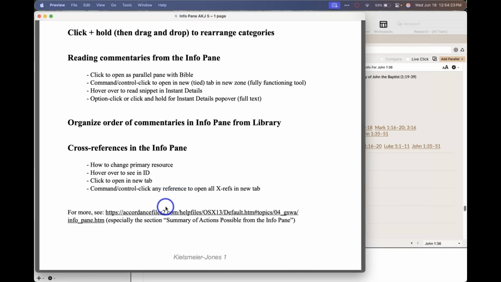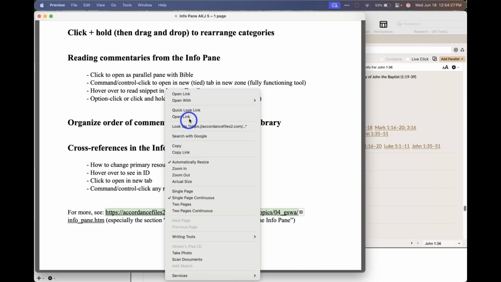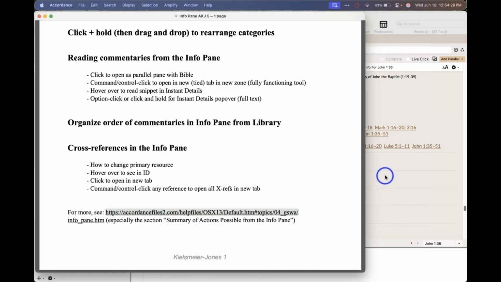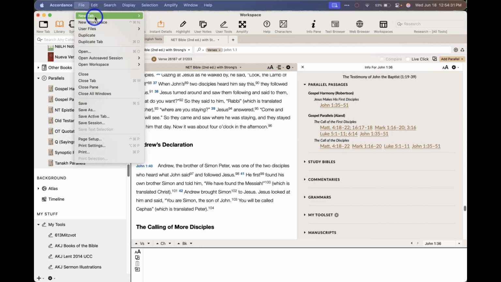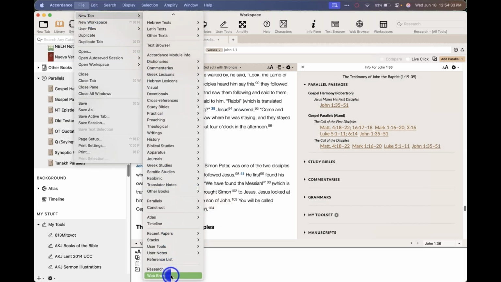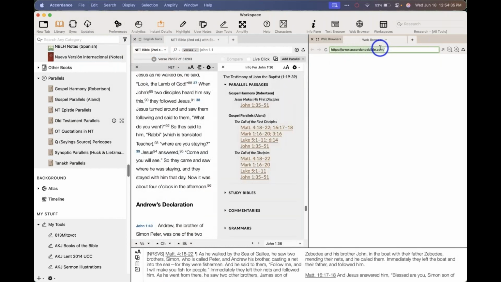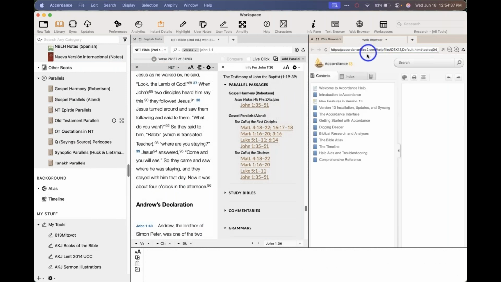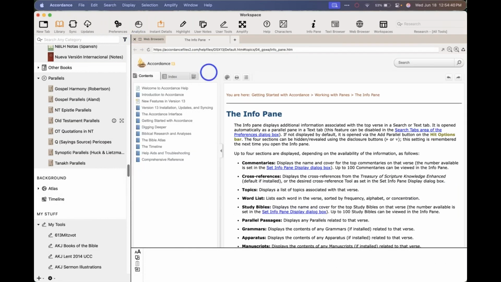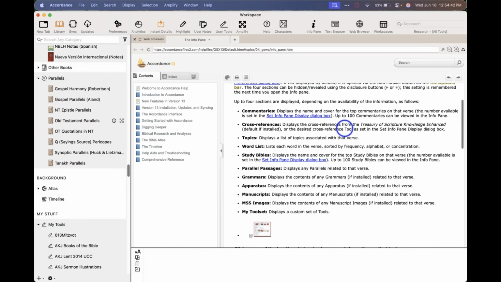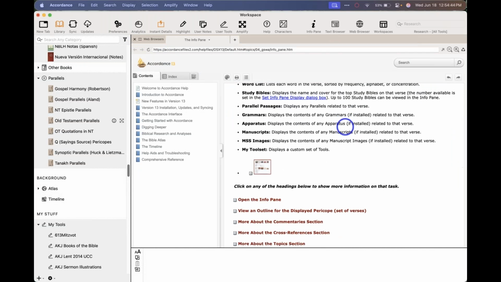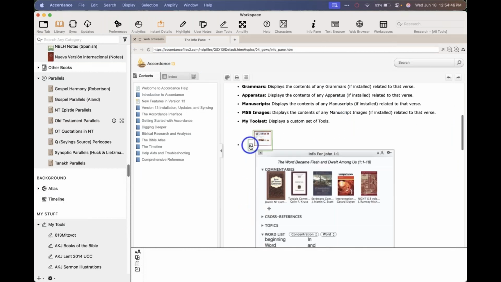I've linked to a lot more here in the help files. Let me just show you this. If I copy the link here, I'm going to go to File, New tab, Web Browser, and I'll just put this here. There's more in this help file. Believe it or not, we didn't cover everything today. One thing we did not cover is the tool set,